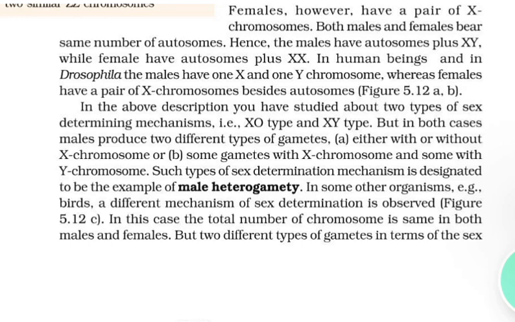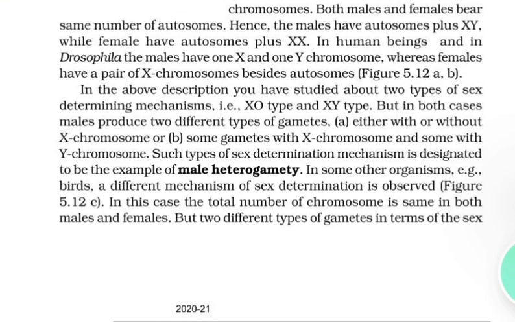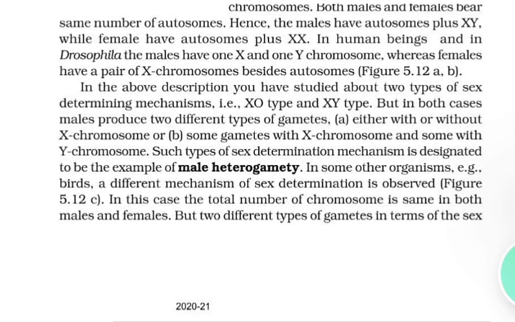Eggs fertilized by sperm having an X chromosome become females, and those fertilized by sperms that do not have an X chromosome become male. Do you think the number of chromosomes in the male and female are equal? Of course not. Due to the involvement of the X chromosome in the determination of sex, it was designated to be the sex chromosome.